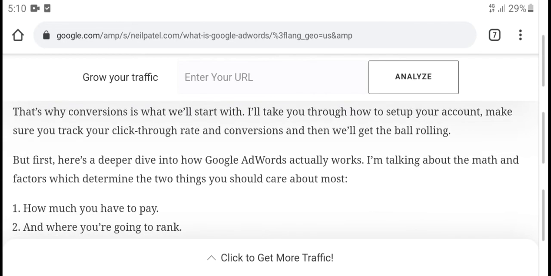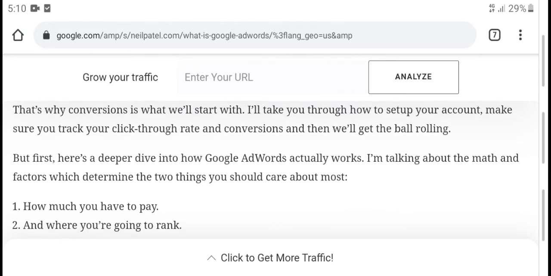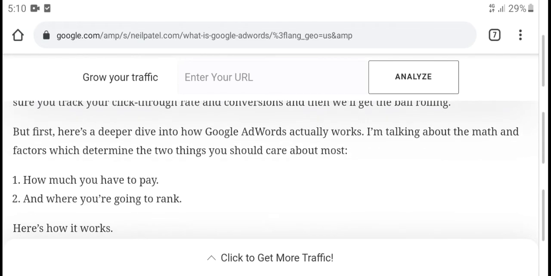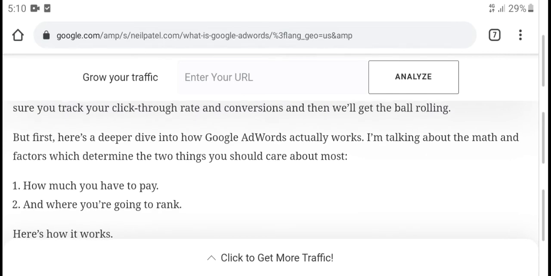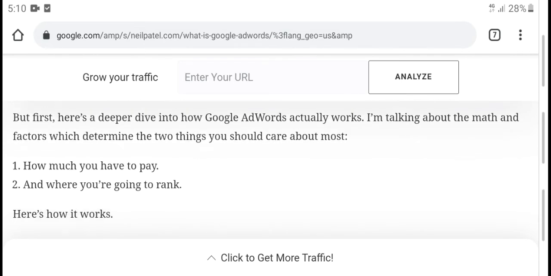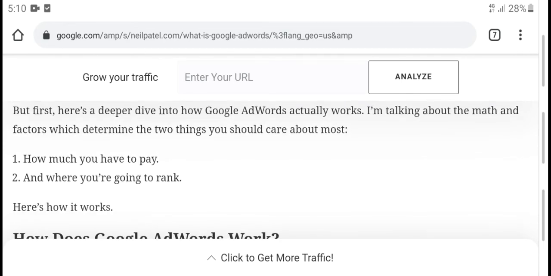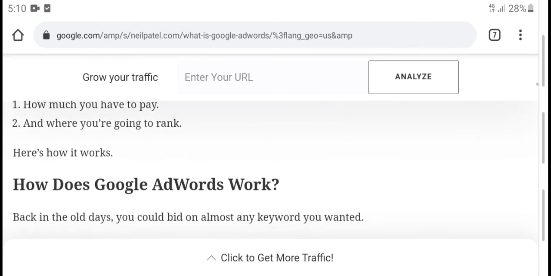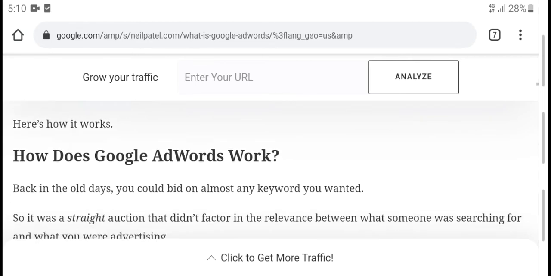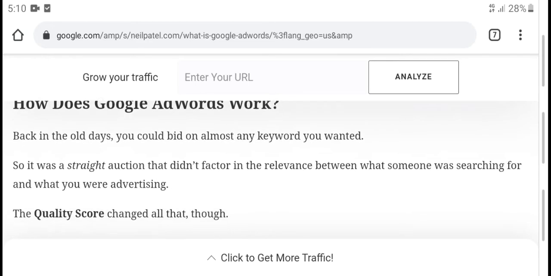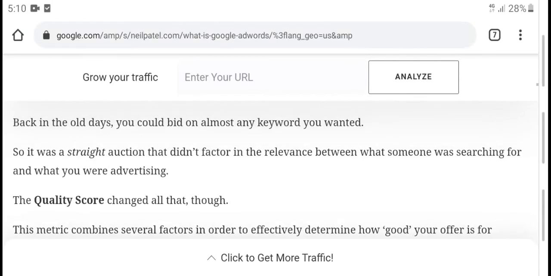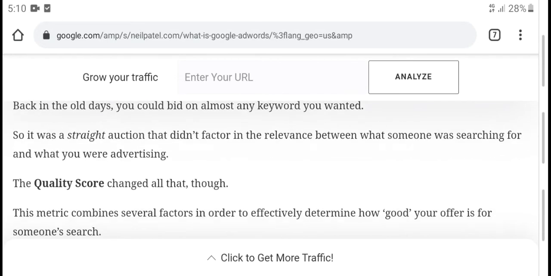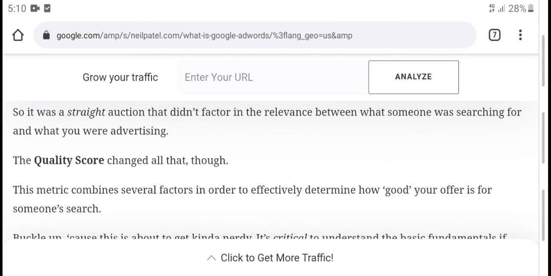This concept and will starting, I take target step your account source tag and click target rounded, then but first here deploy and drive Google AdWords article work, and think how much do you have to pay, how does your Google AdWords work back all days and almost any keywords matter, so it is suggest action but fact and revise